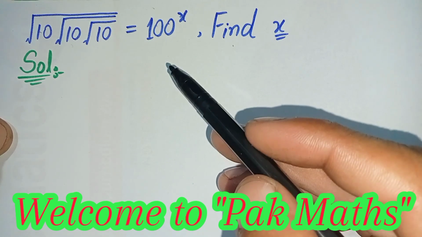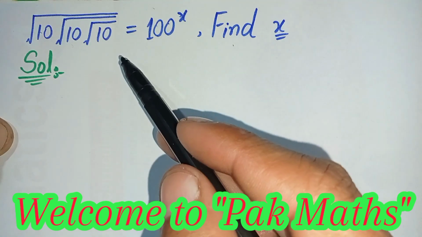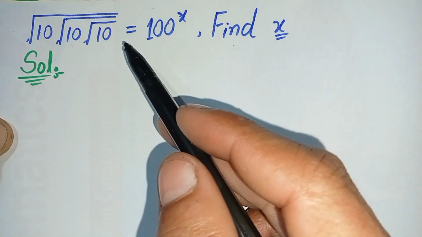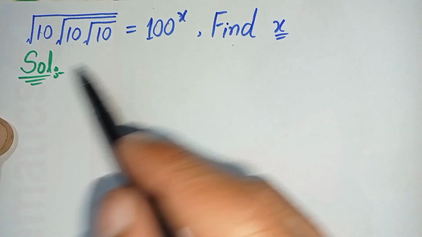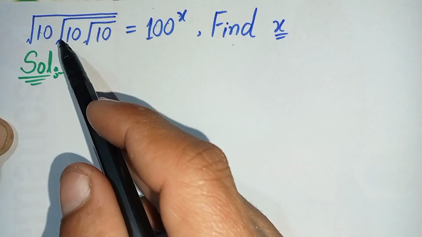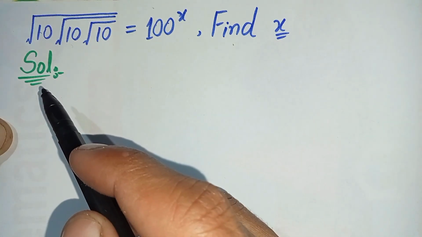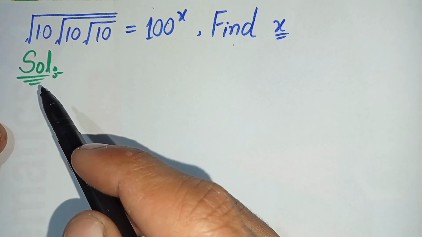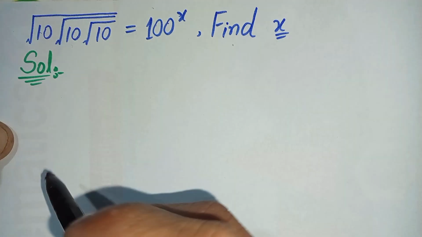In this video, I'm going to solve this nice square root math problem. Now to solve this question properly and step by step, first we will write the solution, and then we will rewrite this question in the solution again, and I will try to solve it step by step. So the question is